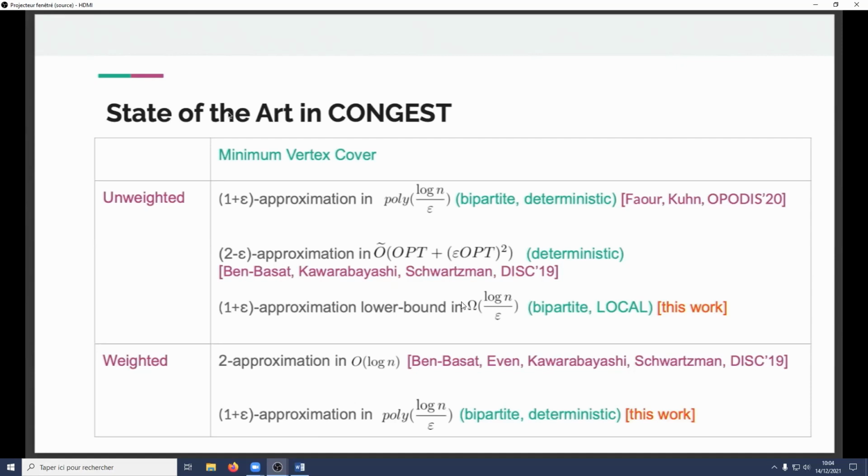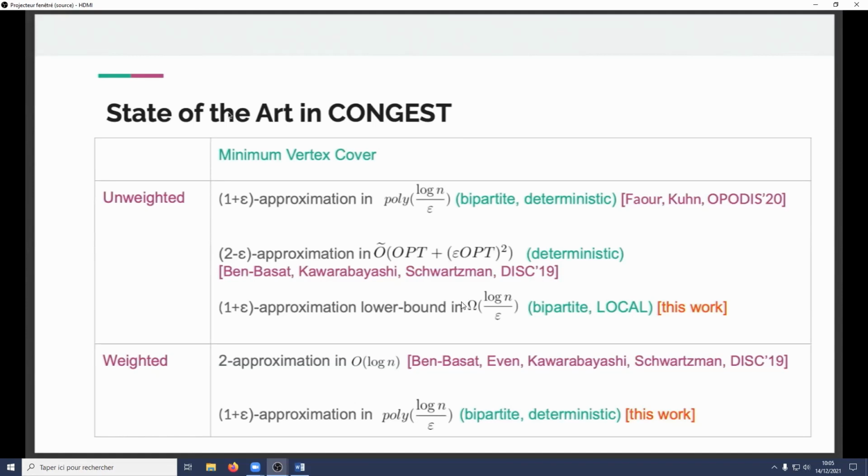So then there's an interesting deterministic 2 minus epsilon approximation algorithm by Ben-Basat, Kawarabayashi, and Schwarzman. And here, this algorithm is efficient if the optimal vertex cover is small. And further, there's a 1 plus epsilon approximation lower bound, which we show in this paper. This lower bound is actually that we cannot approximate the vertex cover faster than log n divided by epsilon rounds for 1 plus epsilon